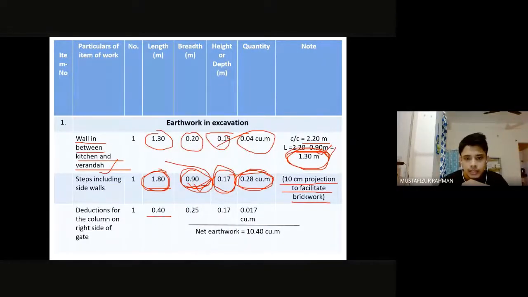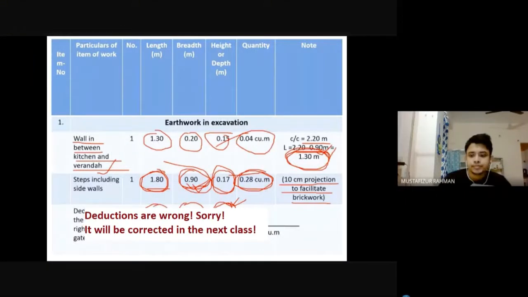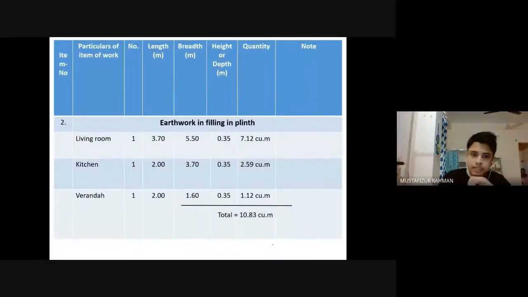So how much length, how much breadth, and how much depth? Depth will be exactly same, because the footing part is more deep, that is already excavated, so the double calculation depth will be exactly same. And what are these two? We have to see from the diagram. Earthwork in filling in the plinth. So going back